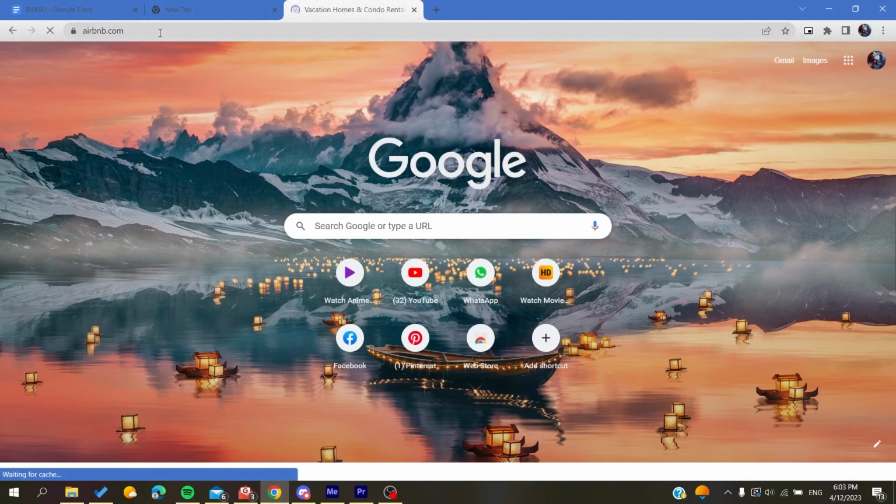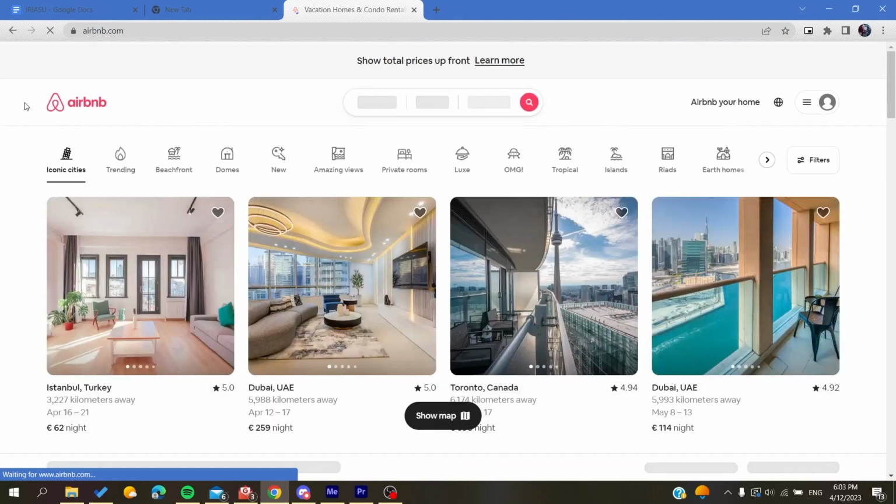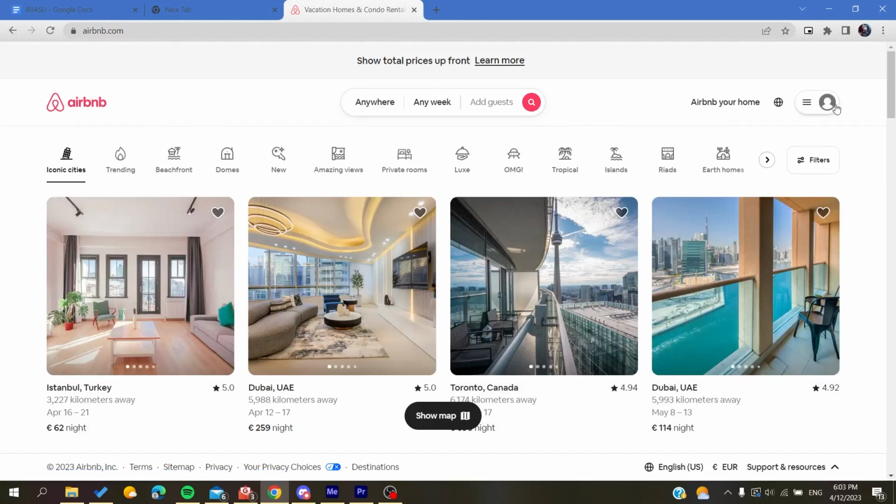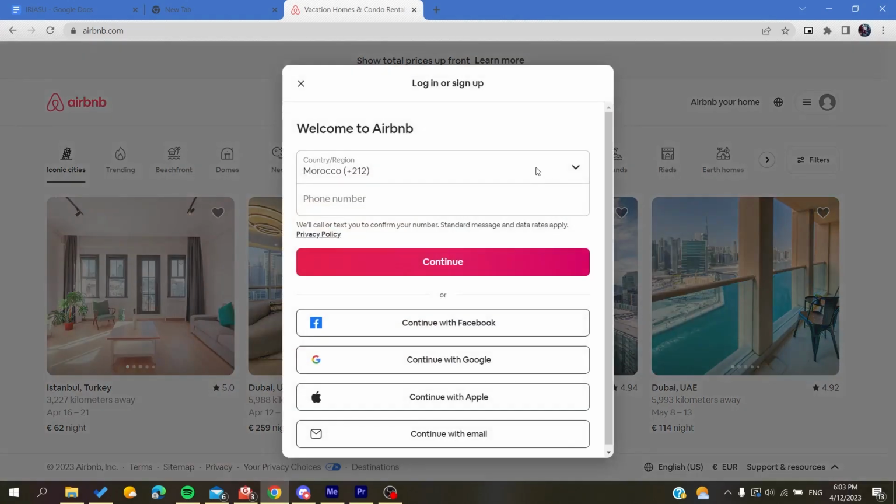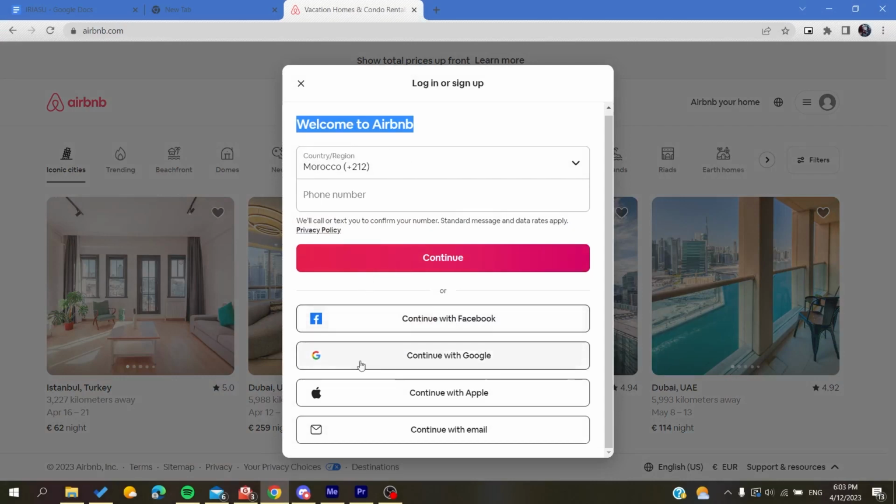After you click on it, you will be redirected to the Airbnb website, and then you will need to create an account. Basically you just click on this icon here at the corner, and of course you are going to click on sign up. After that you can either sign up with your phone number, or with these alternative accounts: Facebook, Google, Apple